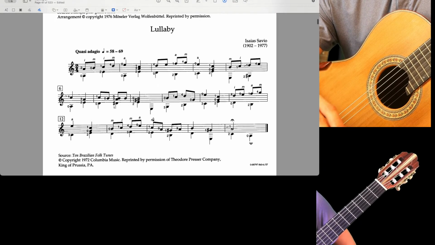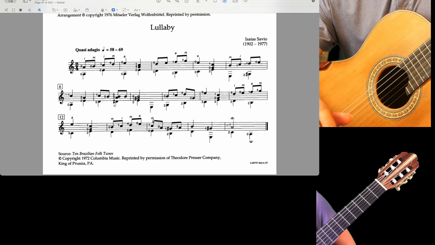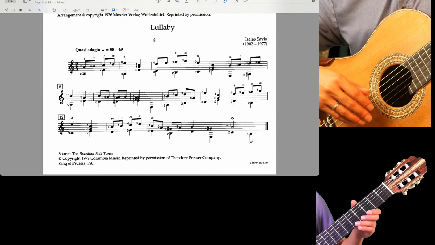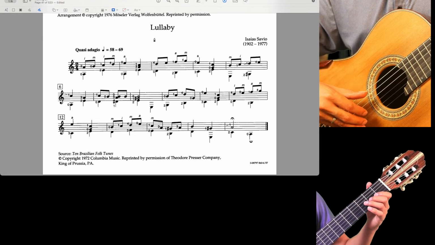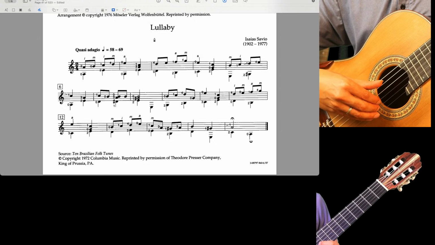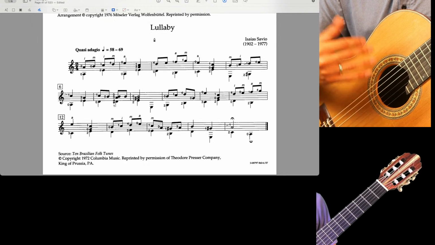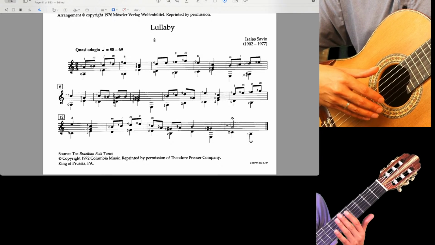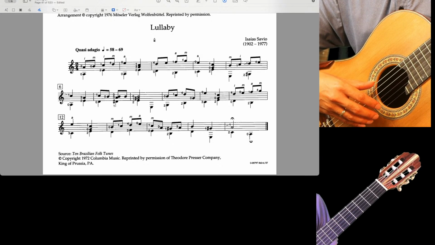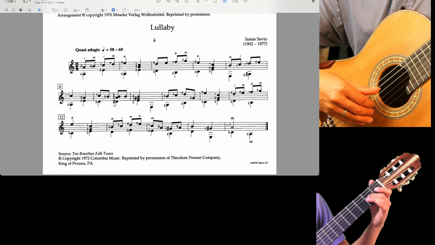All right, so now we have a lullaby. We want to look at the title and use any clues it has to inform the manner in which I play. So lullaby, we want it to be nice and gentle and slower. It's not in any cut time or anything, so we actually want to feel the beats quite heavy. Each beat is quite heavy now. So